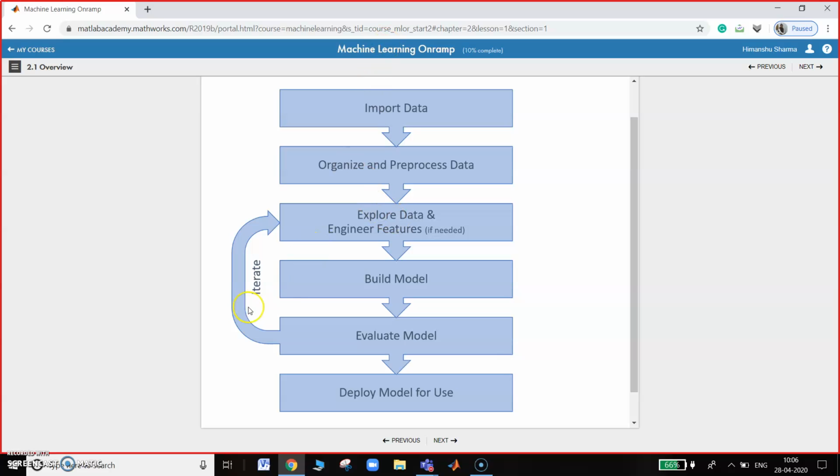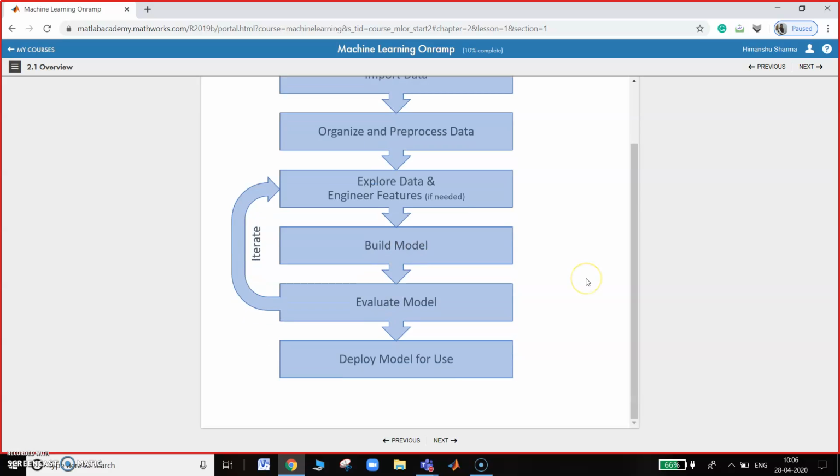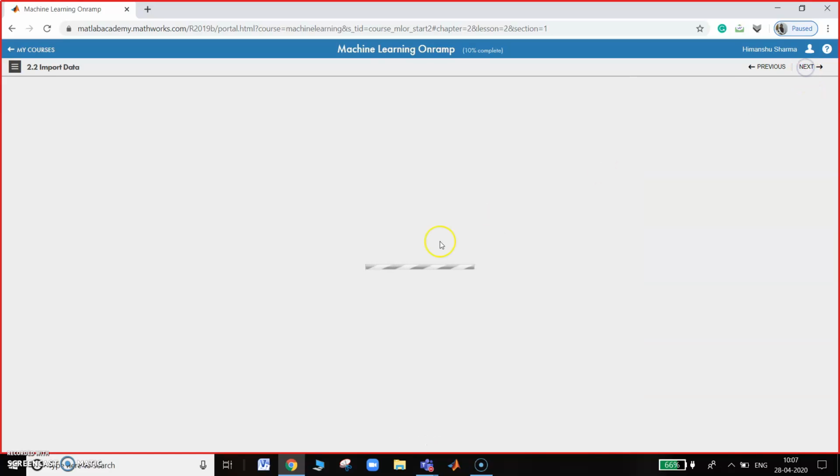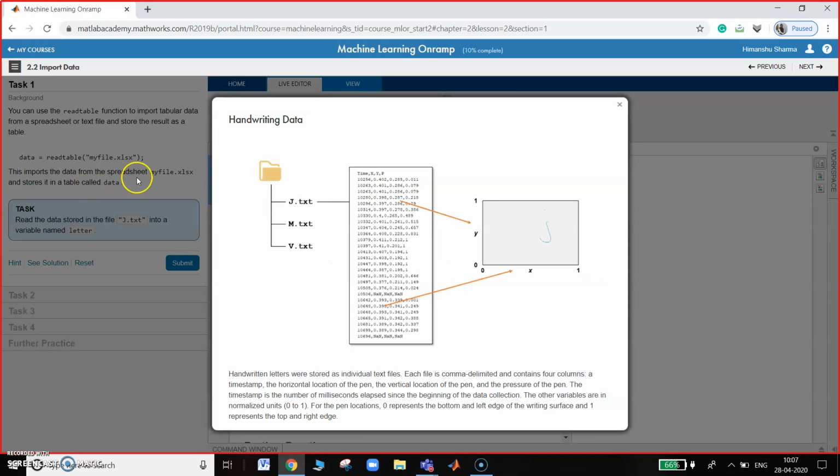The iteration is required if the model built is not of good quality. This is the classification workflow. Then we will see how to import the data. What are the methods to import the data?